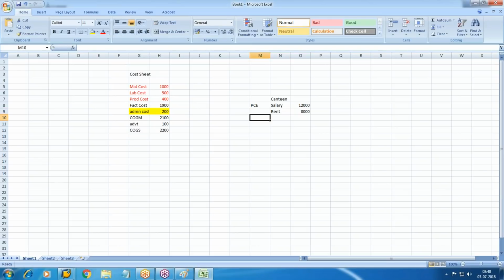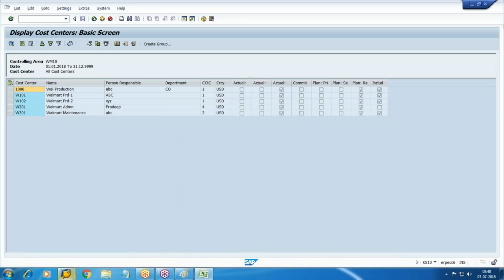Rent 8,000, and we are having some food raw material cost, that is 30,000. So total July canteen expenditure is how much? 50,000. So let's first complete this portion, then we will see. So this 50,000 we are going to record with certain primary cost elements, and your primary cost elements are